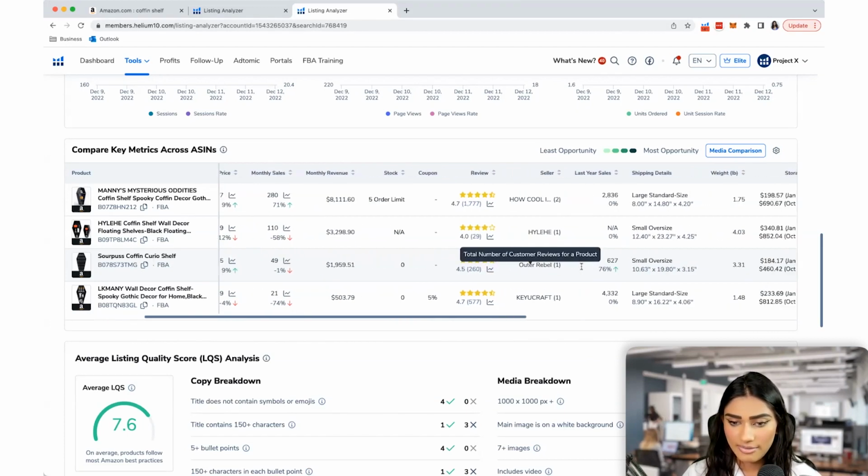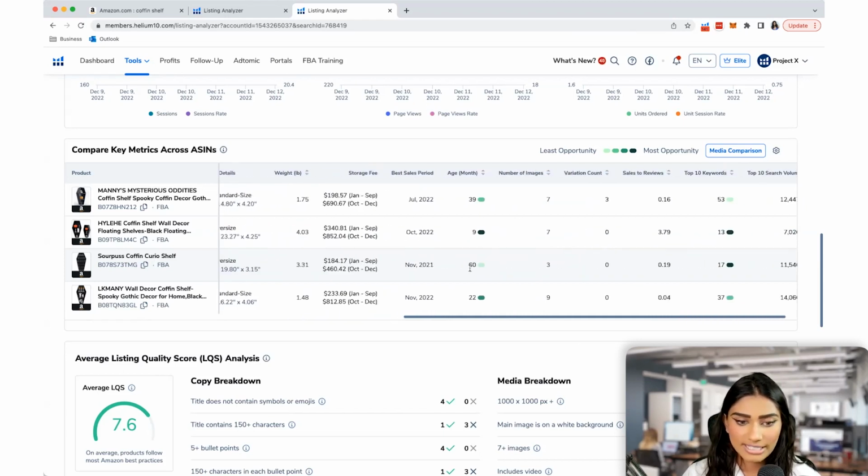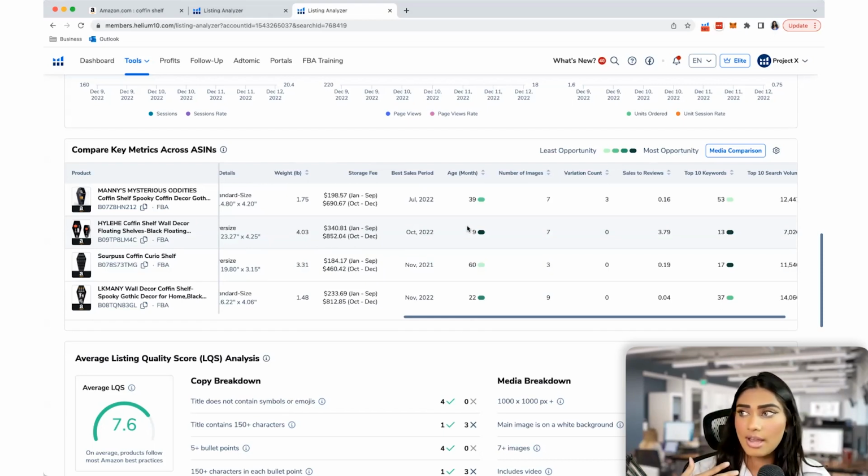Going into the far right-hand side, you can see the shipping details, storage information, how long it's been around. This one's been around for about 60 months, but this one's a little bit newer. So let's say that you guys were in the product research section of your actual Amazon journey. You're trying to find a new product maybe, or it's your first one or your next one, whatever the case may be. You can come here, take a look at how long these competitors have really been around. And if you end up seeing that a lot of these competitors are a little bit newer to the space, but they're still generating sales from the keywords that they have, then you know that that is potentially a market that has a lot of opportunity for you.